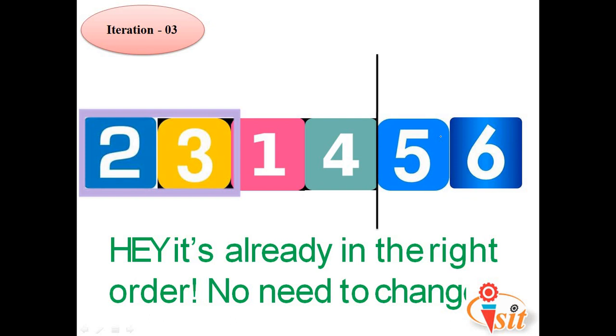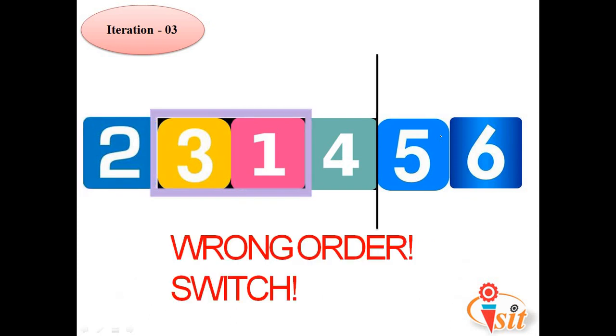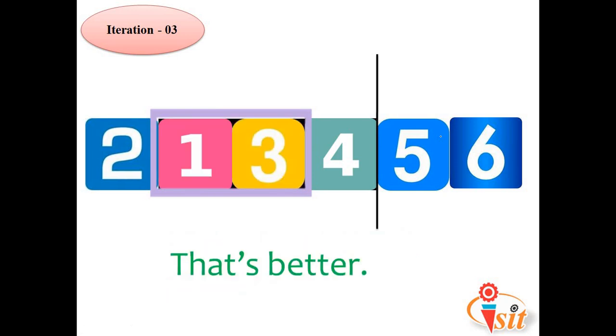So we'll consider the first element as a 2 and second element as a 3. So here the first element is less than second element. In that case there is no need to do the change because both the numbers are in order. So directly we'll move to the next one, that is the 3 and 1. The first element is 3, second element is 1. So here the first element 3 is greater than second element 1. So in that case we need to do the swap. So 3 is going to be replaced with the 1 and 1 is going to be replaced with the 3.